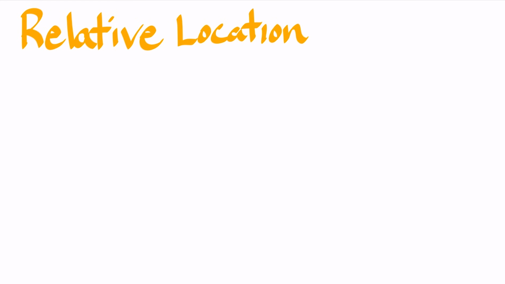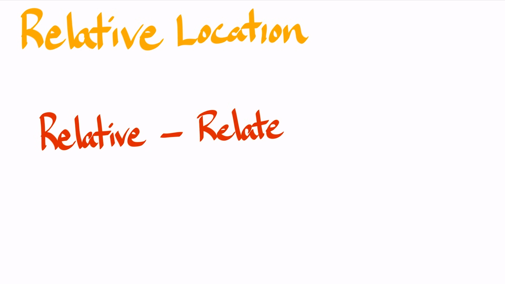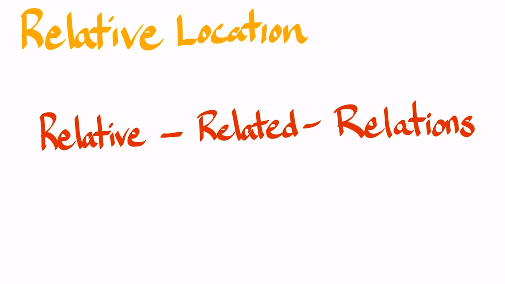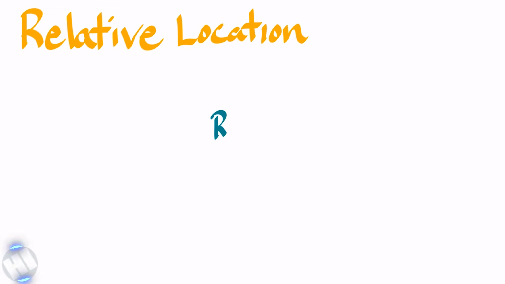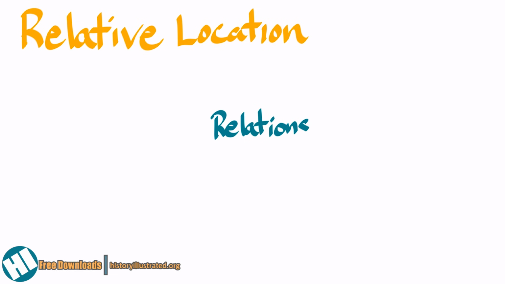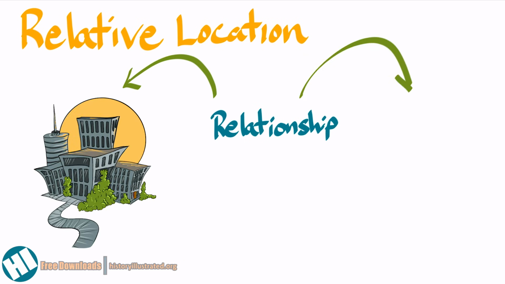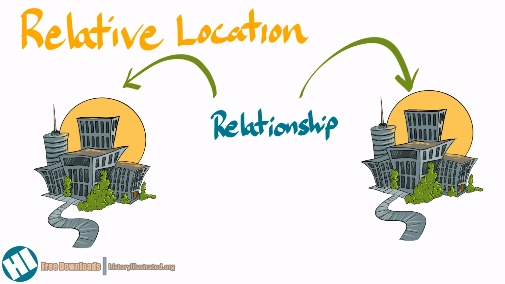When telling people your location, there are two ways you can do it. You can give it to them with a relative location or the absolute location. Using the word relative gives you a clue as to how this works. Relative, or related, or a relationship, kind of implies that you're going to be required to have a relationship between two places. Telling someone where I am with a relative position means I'm telling them where I am related to